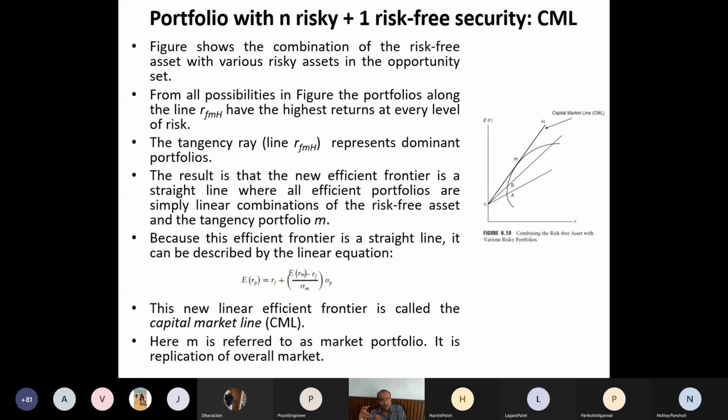You will find some correlation, but sometimes you will find there is no correlation. Just check it by looking only at the graph in the time domain. Okay, so is it clear what the market portfolio is? These are the concepts which we need to take to practical implementation, right? If you understand this, then only you can do systematic portfolio analysis, and to become a portfolio analyst is a very tough job.